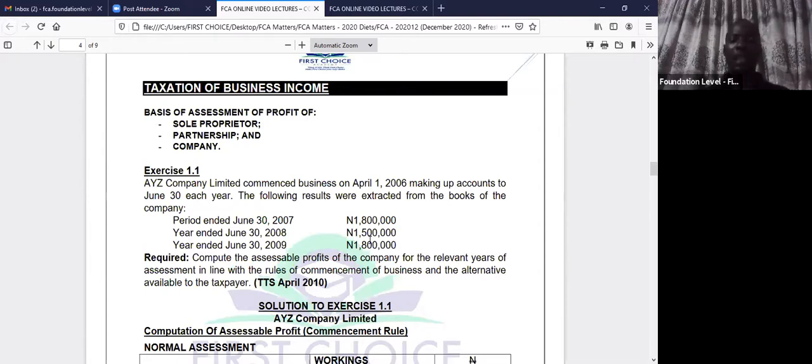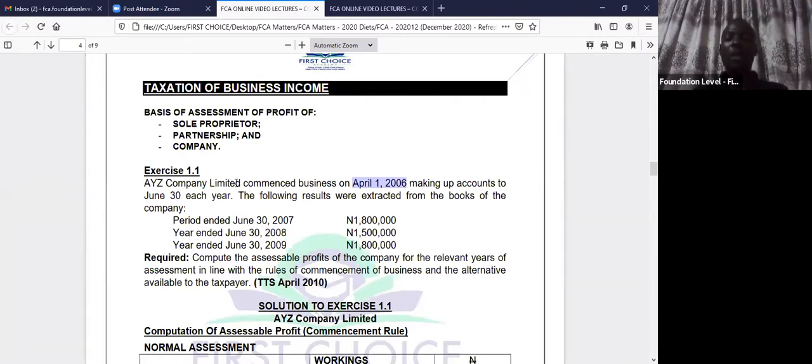The date you'll be looking at is not the date that is in your CAC certificate, the date you were registered. No, that date is just like your birthday. That date is just like the date on your birth certificate. That is not the date you're going to look at. The date you are going to look at is the date you commenced business. Perhaps like the day you start school. Okay? So in this case, April 1 is very relevant because that's the date the business commenced.